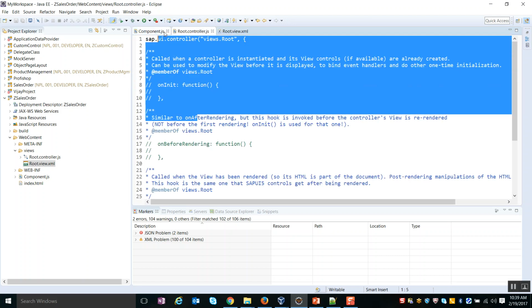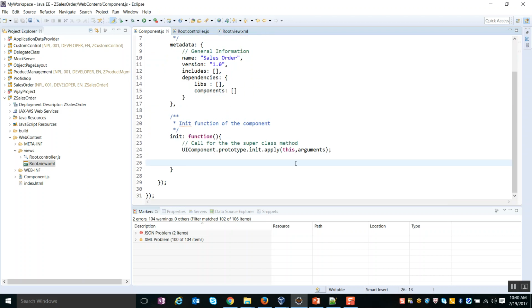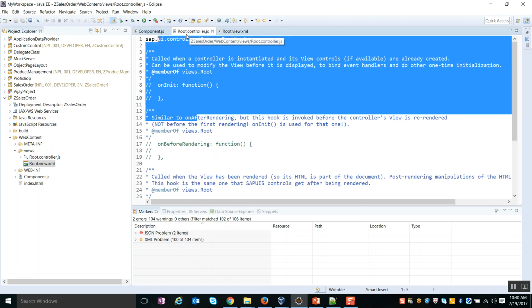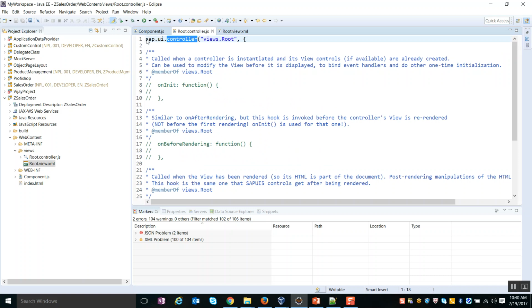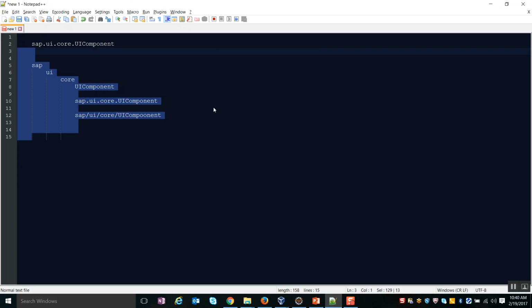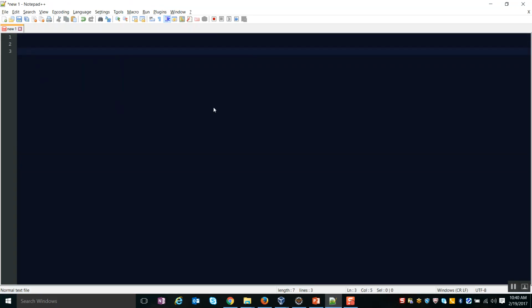So here we can see the controller that has been created. Now one change that I'm going to make is that the controller is basically inherited using this module called sap.ui.controller. What this means is that, just like we created our component by instantiating it from the superclass component class, when we want to create a controller, there is a class for the controller from which we inherit and create our controller.